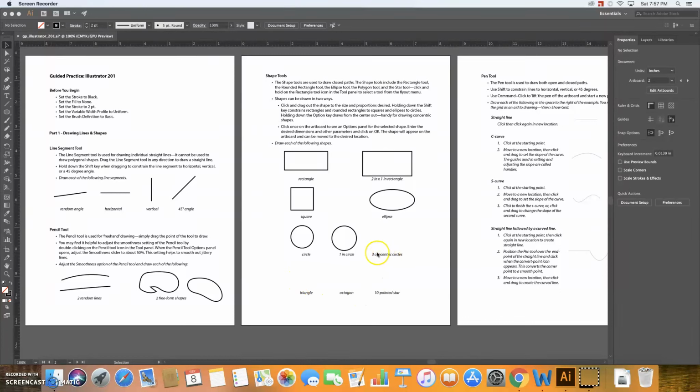So now we're going to jump past the three concentric circles and work on our triangle, octagon, and 10-pointed star. We're going to do that because we're only creating one shape a piece here, and we're going to do it in a different method than what we've done for our previous 6 shapes. So for our triangle and octagon, we want to use our polygon tool, which is located in the subset of